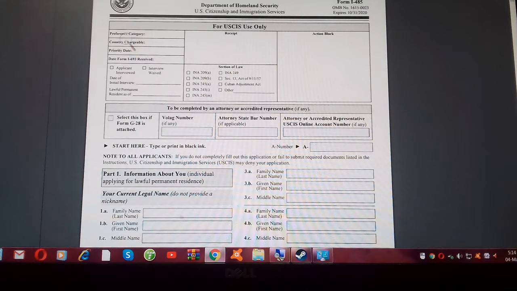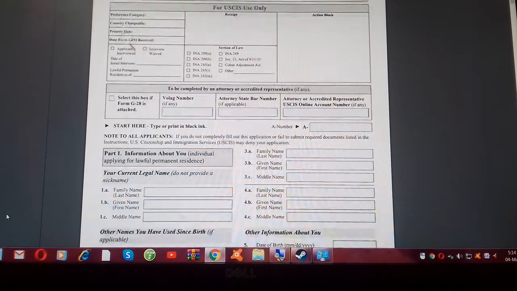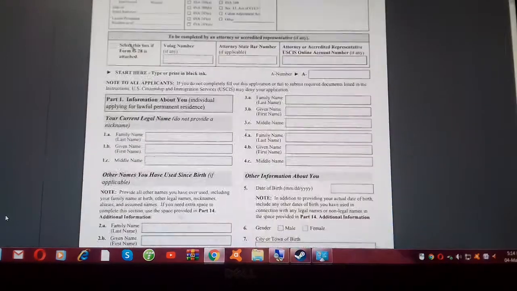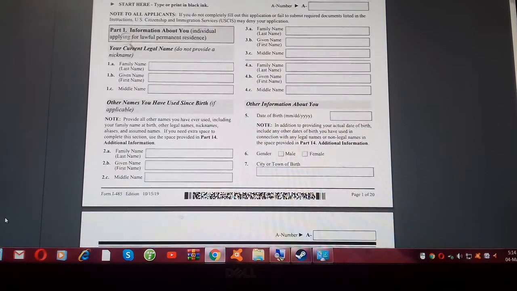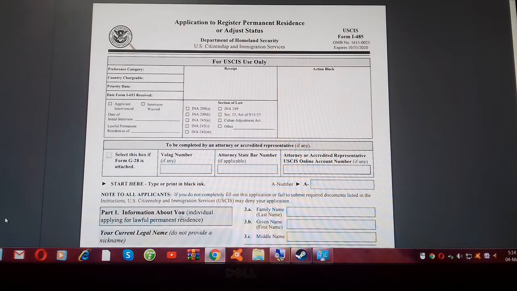But according to me, this will not be for India in 2019 and 2020. You can see in the list also in this form. So this is not for India in 2019 and 2020, according to me, right? So these are the 6 visas I have told you before, if you are interested in a green card in America, right? So you can see on the screen here, the application to register permanent residence or adjust status.